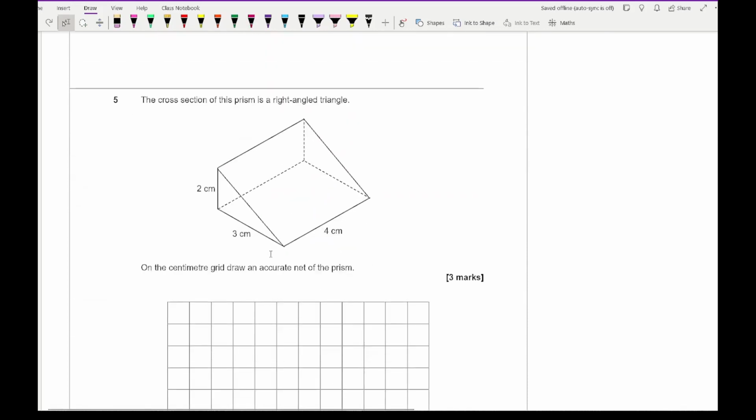Then moving on to question 5, it says the cross section of a prism is a right angled triangle. On the centimetre grid, draw an accurate net of the prism. Now for this, what you want to try and do is recognise the faces. So here we're going to have 5 faces. And again, this isn't really labelled. I would recommend labelling. So we've got A, we've got B, we're going to have C, and we've got this face here,